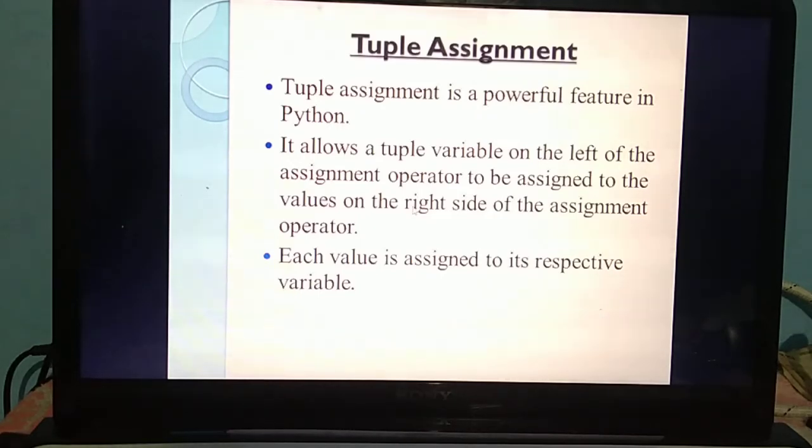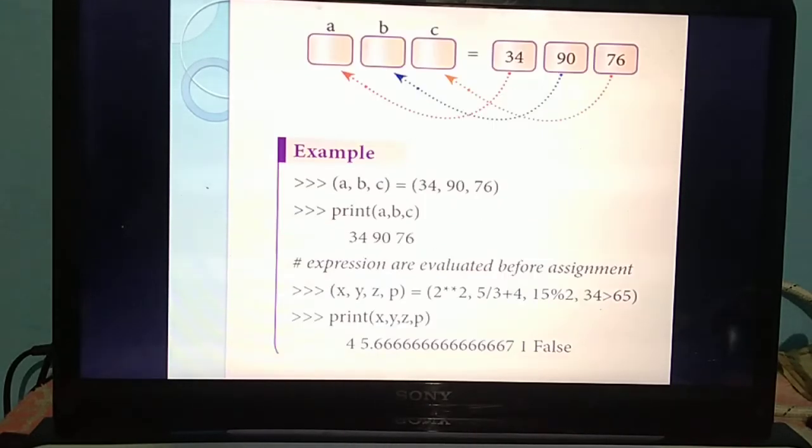Okay. And also one thing you should mention. However many variables you have mentioned at the left side, the same number of values you should mention at the right side. That means the counts become the same. For example, a comma b, two variables you have mentioned on the left side. So on the right side, how many values should you mention? Two values. If on the left side you are giving a comma b comma c, and on the right side you are giving only one value 5, is it correct? Only one value means the value 5 is assigned to variable a. For b and c there is no value. So however many variables you have at the left side, the same number of values you should mention at the right side. Understand?